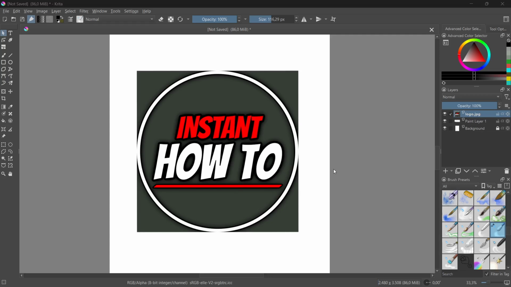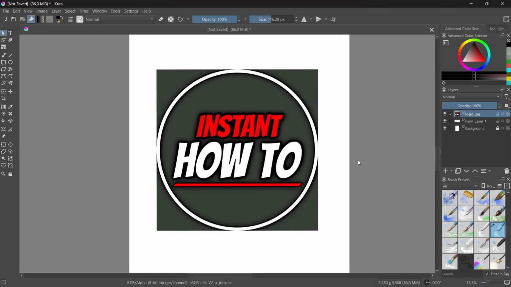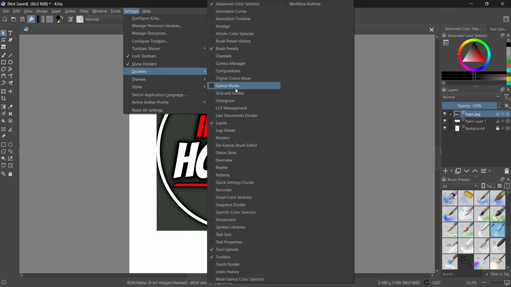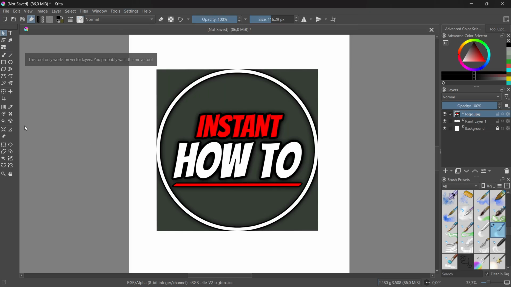In this video, I'm going to show you how to warp in Krita. So the first thing you have to do, you want to go to the top over here and click on settings, hover over Dockers, and enable this tool options Docker over here. Now when you do that, you want to select this tool over here, which is the transform a layer tool,